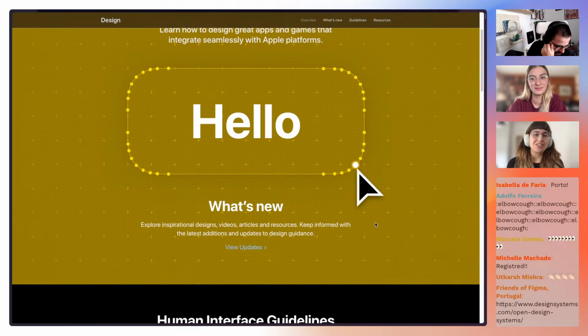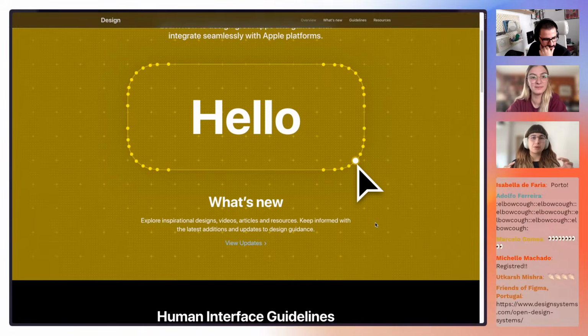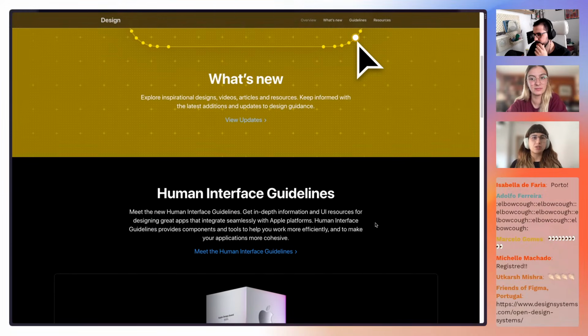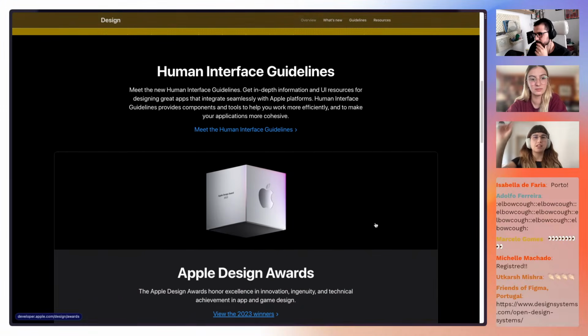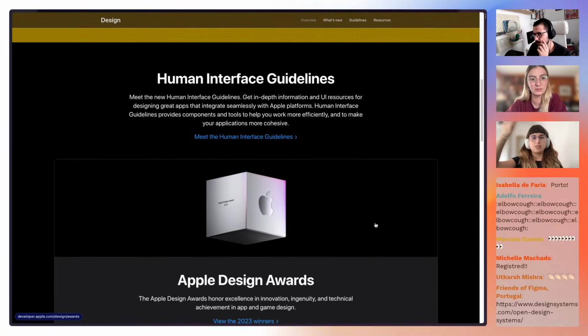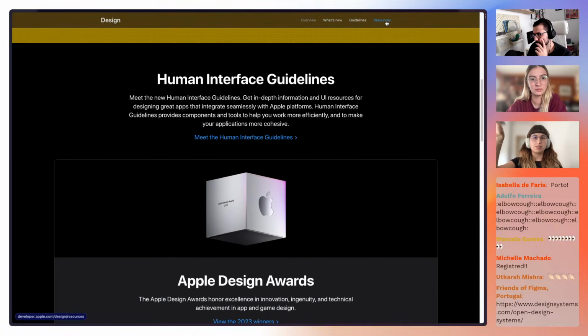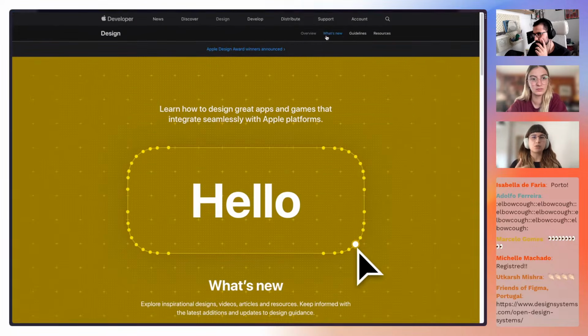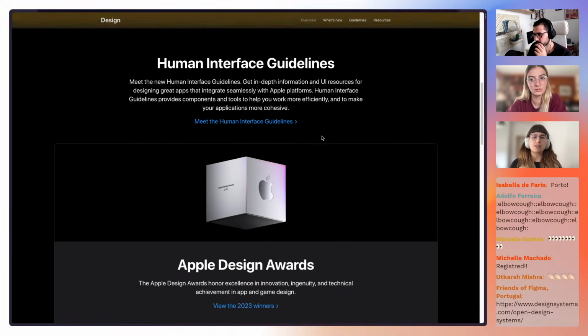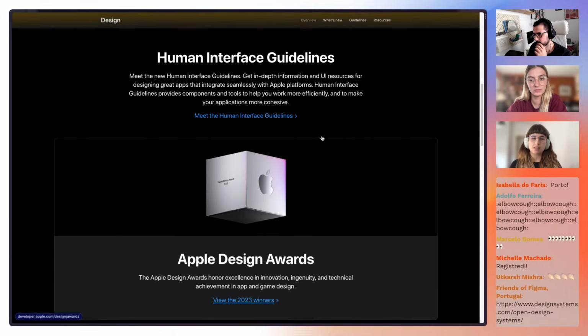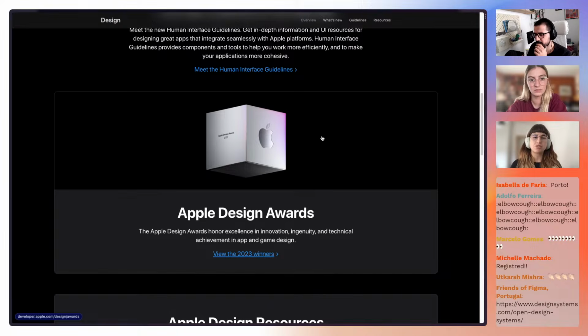Mustard yellow, especially. Then I found it interesting, the main goals that they pointed out, and it's basically the structure that they use in Apple products. You have the tab, and then you have the top corner at the right with the main sections, and it's what's new, guidelines and resources. I found it interesting that they have awards, like Apple Design Awards, and I found it interesting that